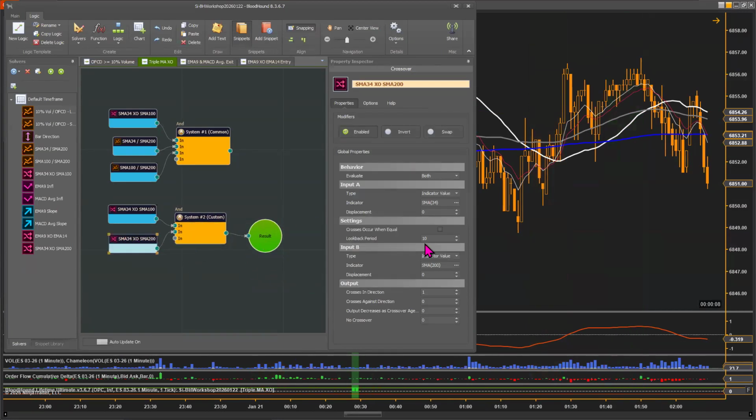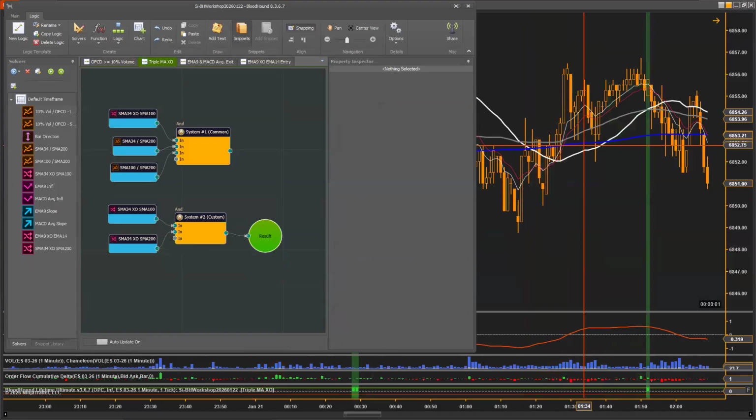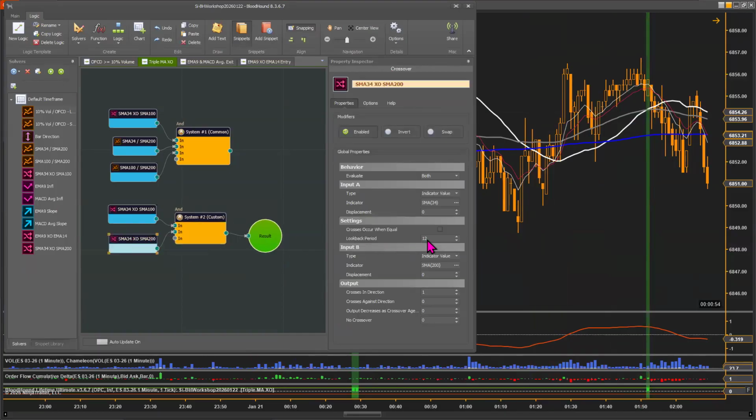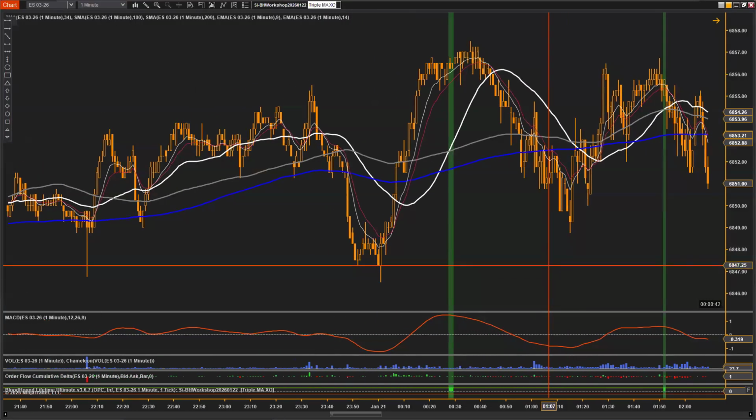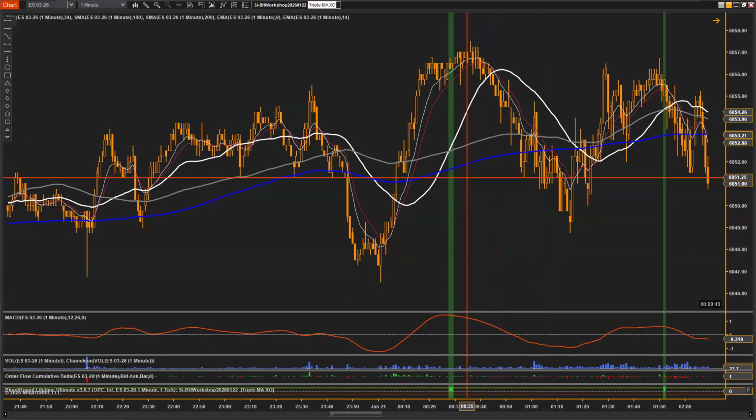Again, this just further illustrates you'll have to figure out exactly what's acceptable to you. And so there we go. Now we have that one because I increased the look back to 12. And again, just to illustrate here,